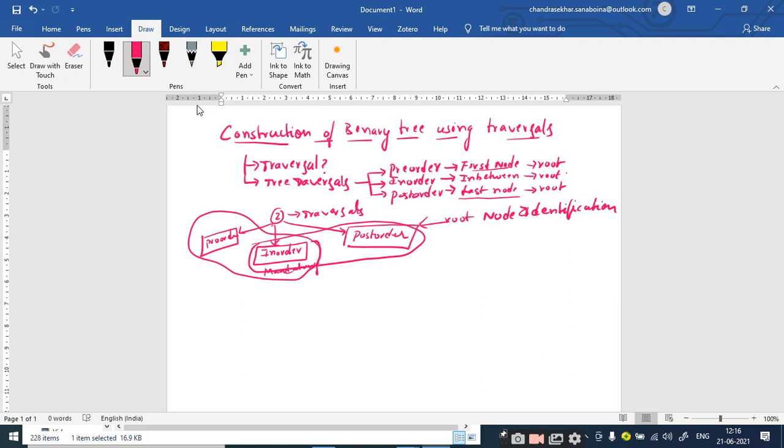So the pre-order and post-order traversals are used to identify the root node. Then what is the reason for including the in-order traversal? As we know, the in-order traversal puts the root node in between the left subtree and the right subtree. That means the nodes present before the root node are considered the left subtree, and the nodes present after the root node are considered the right subtree. So why do we require the in-order traversal? We require it to break